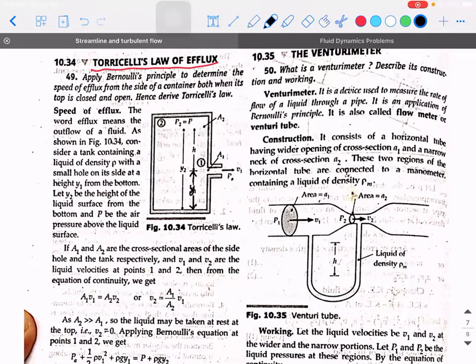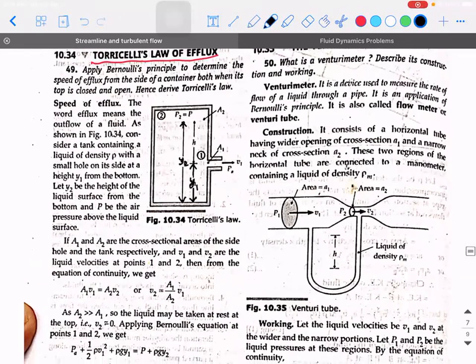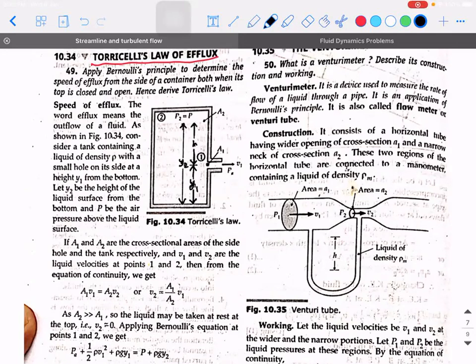Let's say that height is y1 and the liquid is filled to a height of y2. So this H stands for the depth of the liquid column below the top surface, before that hole. Now, if I take the topmost cross-sectional area as A2 and the area of cross section of the small opening as A1, my interest of study is the velocity with which the liquid is going to come out from the hole.